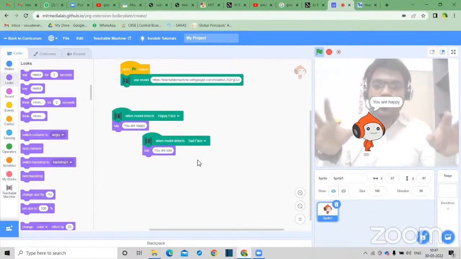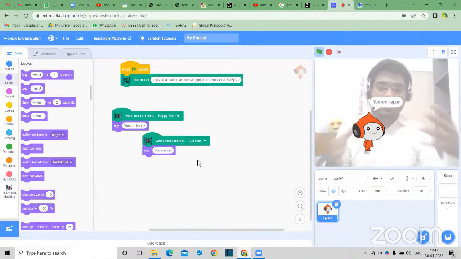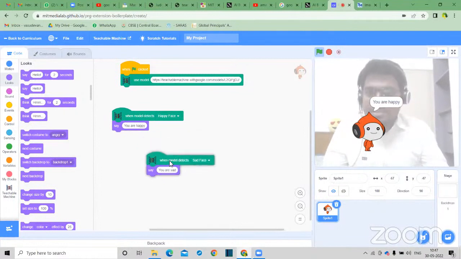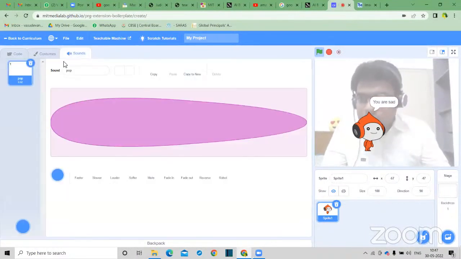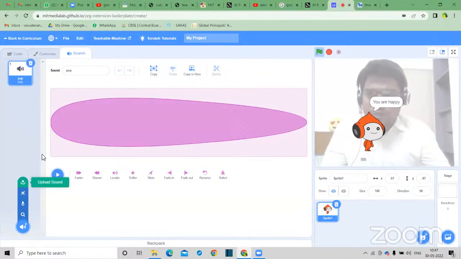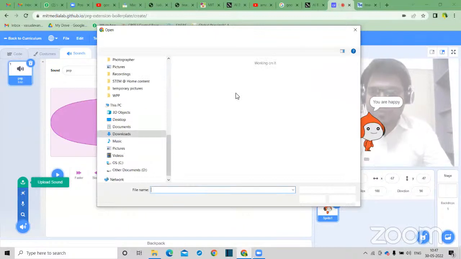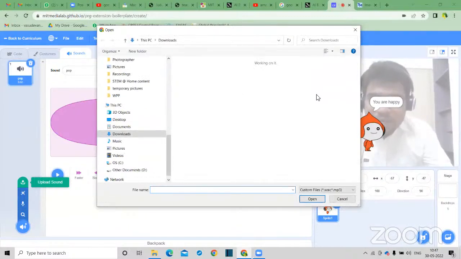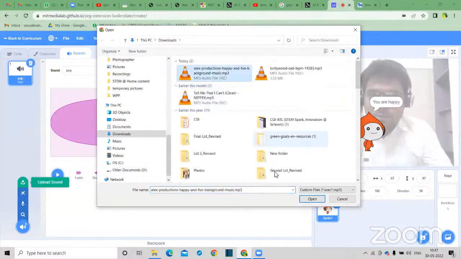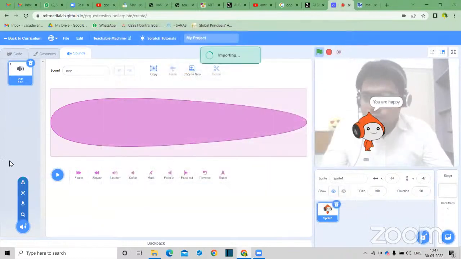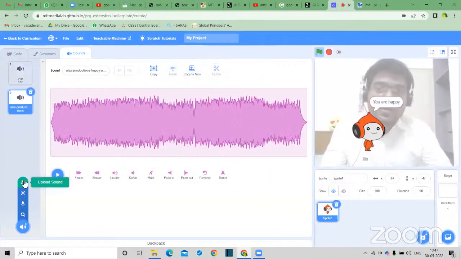Now, in this way, you can even make a sound effect come over here. Something like, I'll go to the sound. I have downloaded a few sounds over here just for this. So whenever you're happy, you can add multiple other sounds as well. Something like this. Let me randomly open a sound and just upload it. And the moment I upload it, this is how it will look like. Okay, I should have done both together.